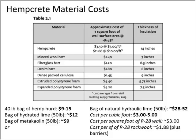And you can see how that compares to some other insulation materials. So it's definitely more expensive than our typical batt insulation. It's a little cheaper per cubic foot than the foam insulations, but obviously you need more of it. So at this point, it's pretty much one of the most expensive insulation materials that we work with, and we'll choose it for a whole bunch of other reasons. Its moisture handling properties, its structural capabilities. There's a lot of great things about it. Its carbon sequestration, all that kind of stuff. But right now, it is definitely costing more than